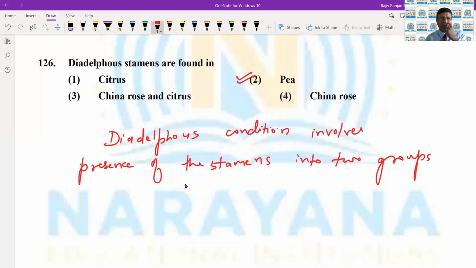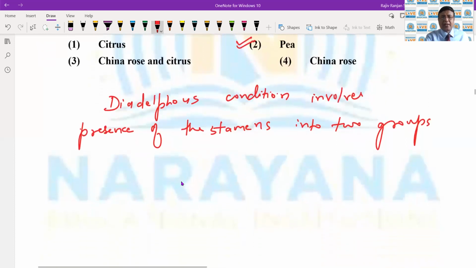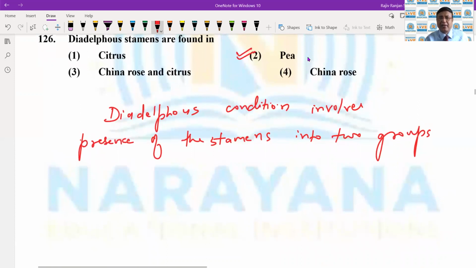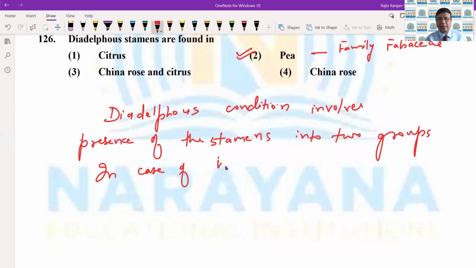Okay, so here, as we just see, that P is actually a member of family Fabaceae. It is a member of family Fabaceae. And stamens are present in family Fabaceae in a group of 9 and 1. Okay, so here in case of members of family Fabaceae,